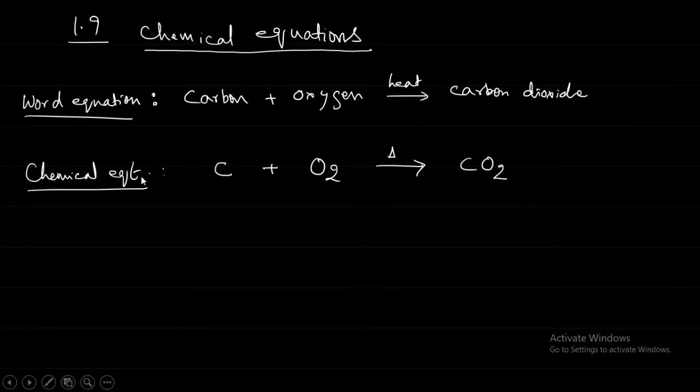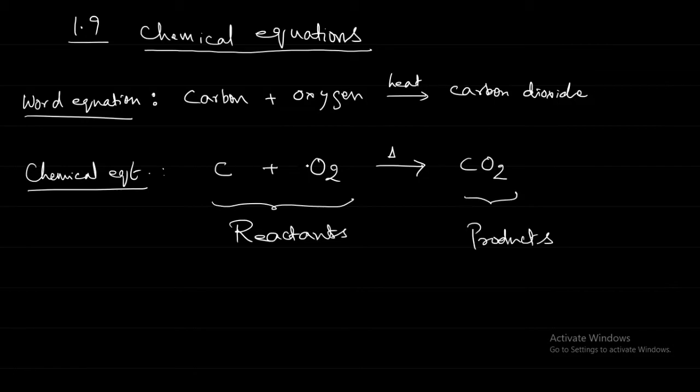So in a chemical equation, on the left side these are the reactants, and on the right side we have the products. The reactants will react with each other to form the product, and there will be an arrow to indicate the direction. Okay, the reactants are converting into product, that is the arrow. On this arrow you can mention a few details, like if any catalyst is used, if any heat is being supplied in the reaction, and all these things we can mention there.